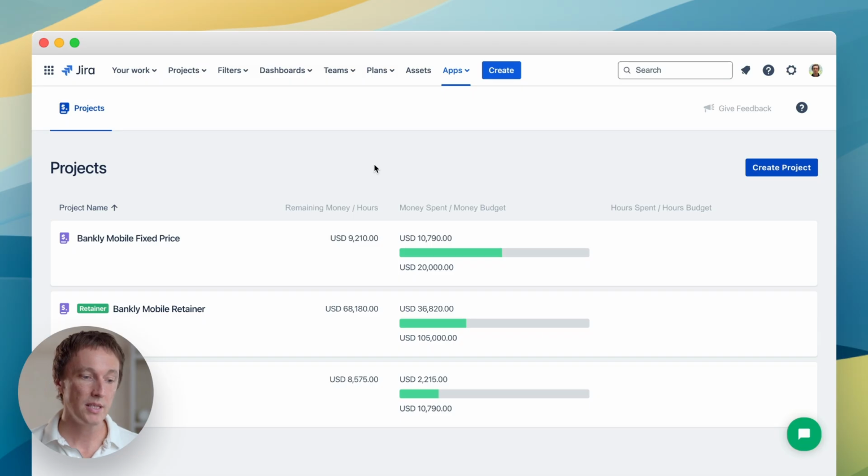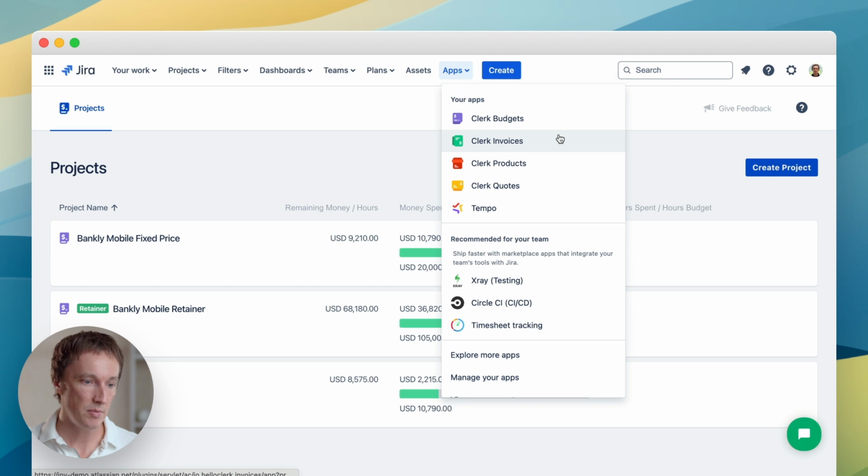In this video I want to show how to work with classic retainers in Clerk. By classic retainers I mean the case when we work based on time and materials and need to get one or multiple upfront payments from the client. For this case we will use Clerk Invoices app to create invoices and Clerk Budgets app to track the retainer